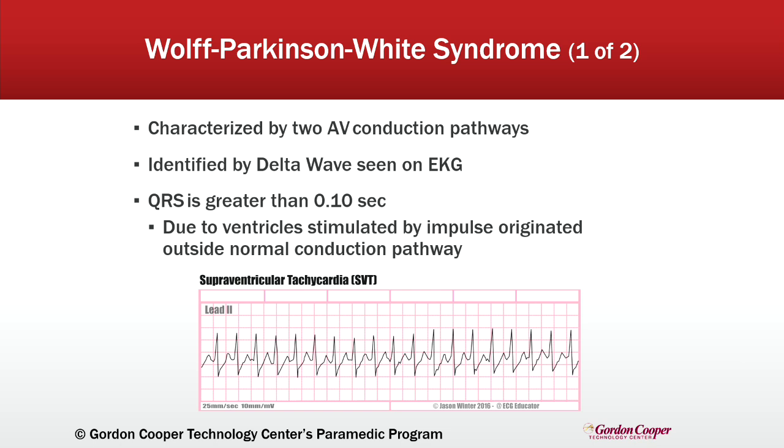So really the big pieces that we're talking about here is you'll see a delta wave on the EKG. That's kind of that hallmark sign. And then the QRS is widened, like I said, typically greater than 0.10. Now that's due to that presence of that extra electrical pathway that leads to the abnormal conduction and then the